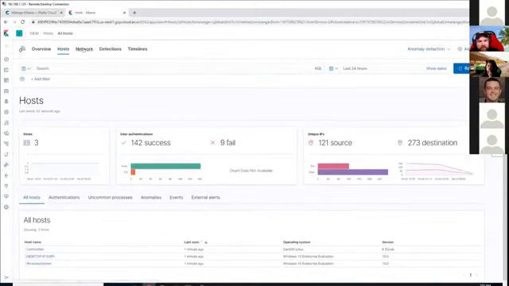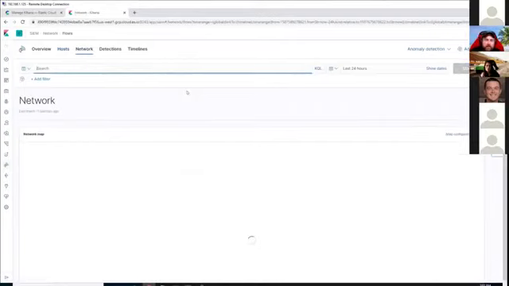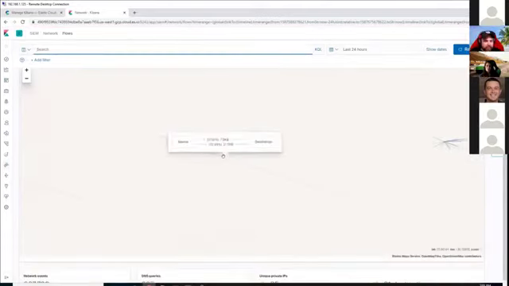But if I come over to my networking, one of the things that you'll see within my map, the difference between Rob's is Rob has enriched the data a little bit more through his blog series. So when we do part 2, this is something we'll continue to add on to get more data here. But you can see here,